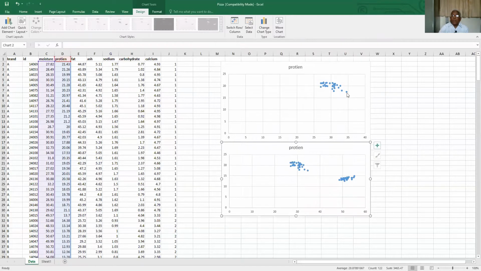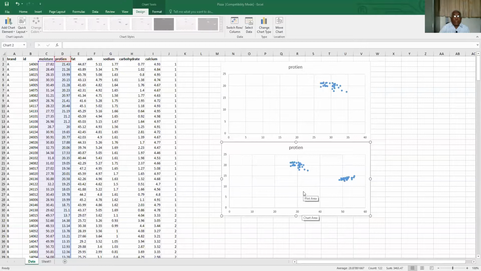Earlier you are here. Now you are here. So you can see that there are 2 different clusters, and you can very well conclude that in one brand of pizza, moisture is less but protein is high, and in the other case the reverse.